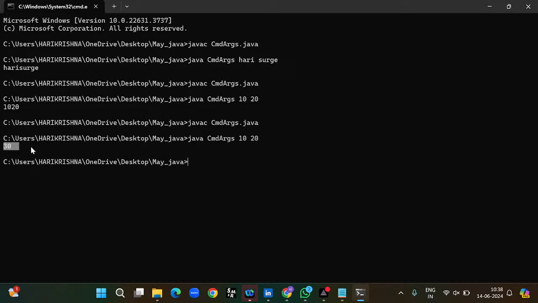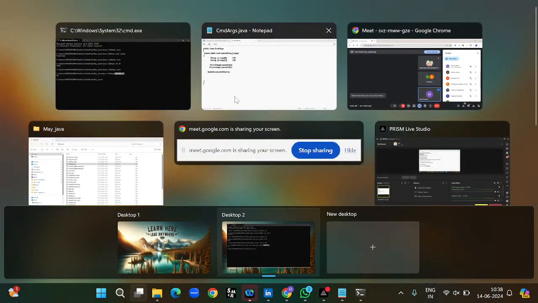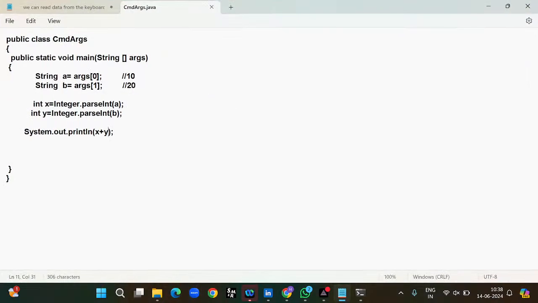So addition of two numbers. We are taking values from the command prompt. We are doing the addition operation. We are returning the value 30. Okay, this is clear. Now,